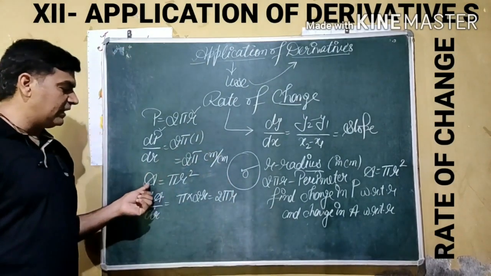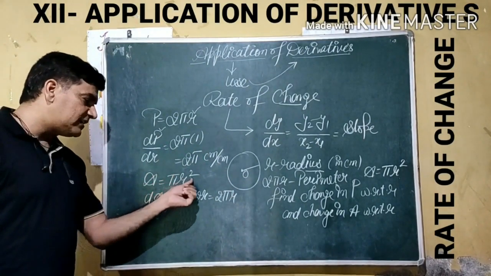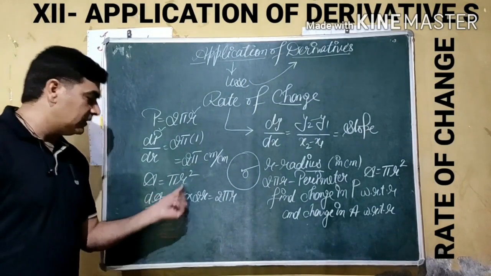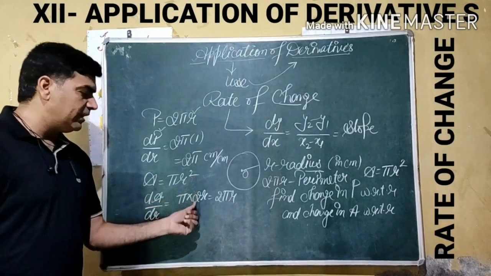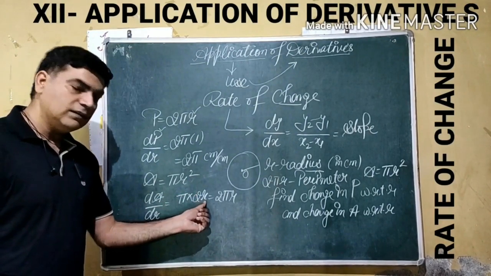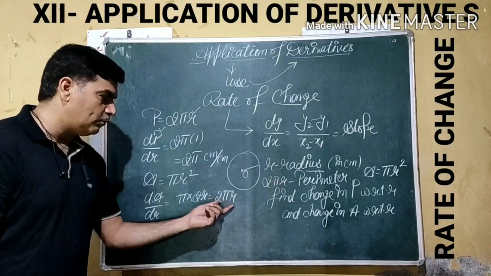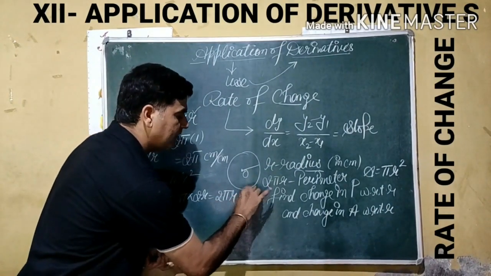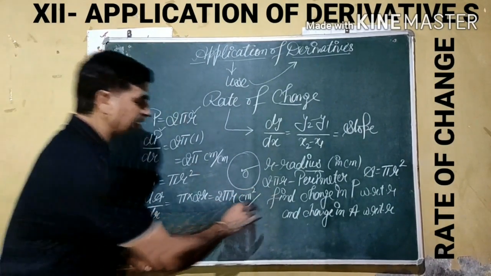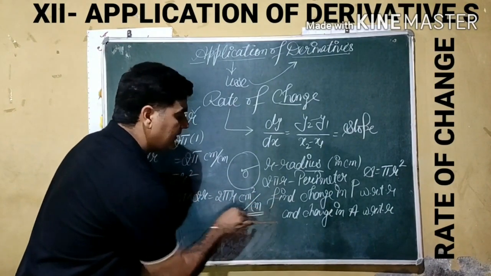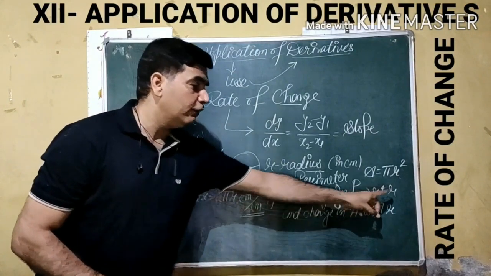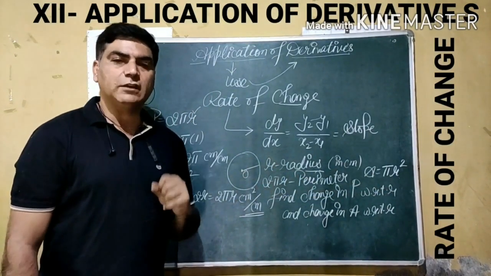Next we are going to calculate area, which is given by pi r square. Here dA by dr, pi is a constant and remains the same. By the power rule, the derivative of r square becomes 2, the power comes forward, r raised to power 1. So it becomes 2 pi r. Here the unit of area is square of centimeter with respect to the unit of radius, which is centimeter. Like this we can find the change of any physical quantity with respect to a given physical quantity.